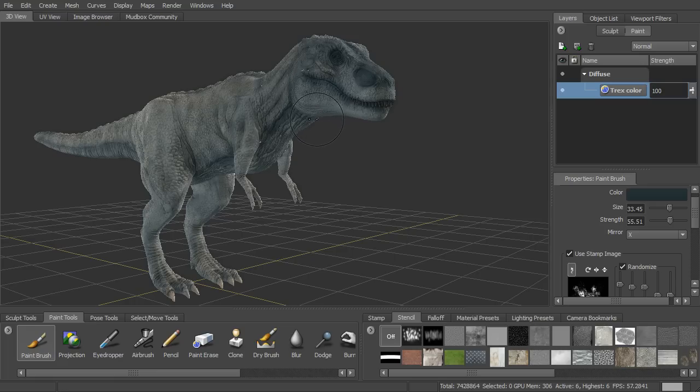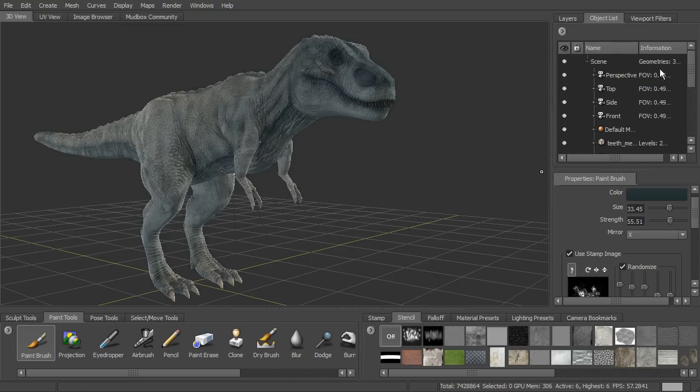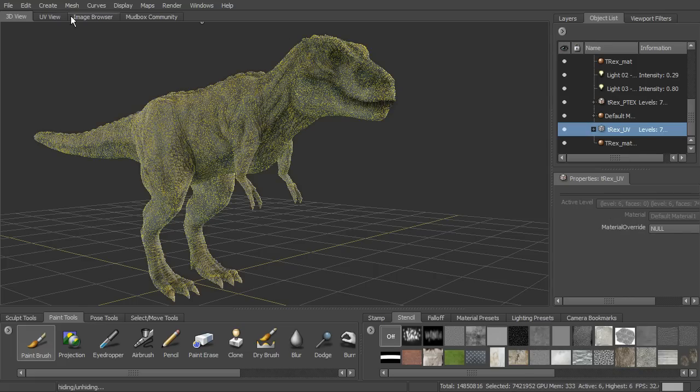So at this point now, for some reason we want to actually have the UVs. Maybe it's taken this long for them to get done, and we've been doing our painting on our mesh up to this point. And so now we need to transfer this to UVs. Now we can actually do that very quickly. So let's take a look at this. We've got another mesh in this scene file. This is the T-Rex_UV. And so if I go ahead and turn that on, and let me select this,